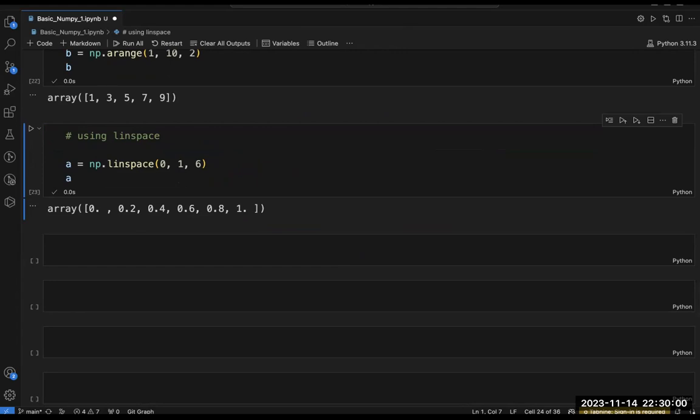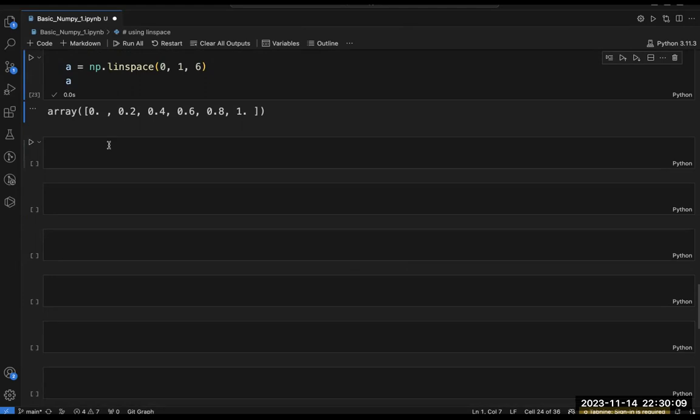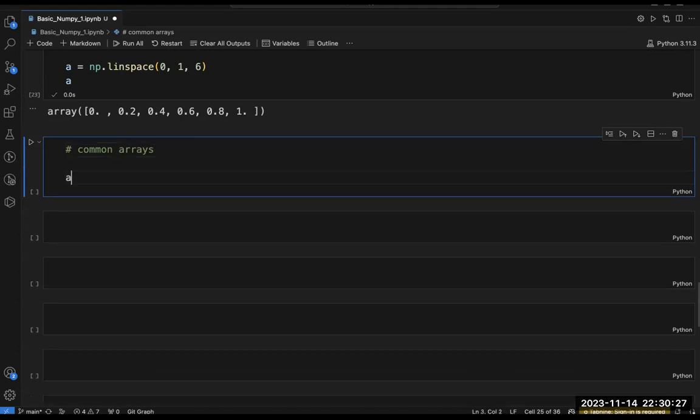Fine. Now, there are certain common arrays which we are going to understand with the help of code, and you must already know this. Some common arrays. So let's write A. If you write A is equal to np.ones, and let's give it